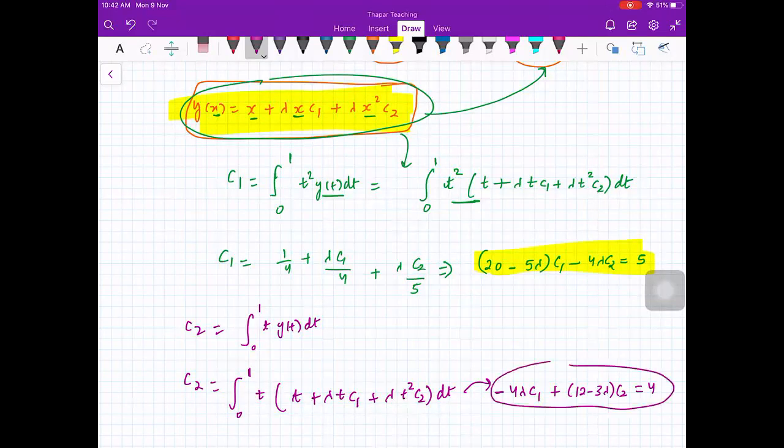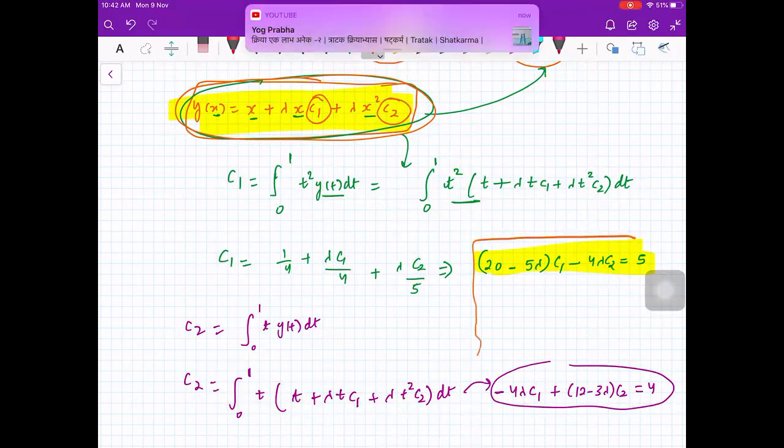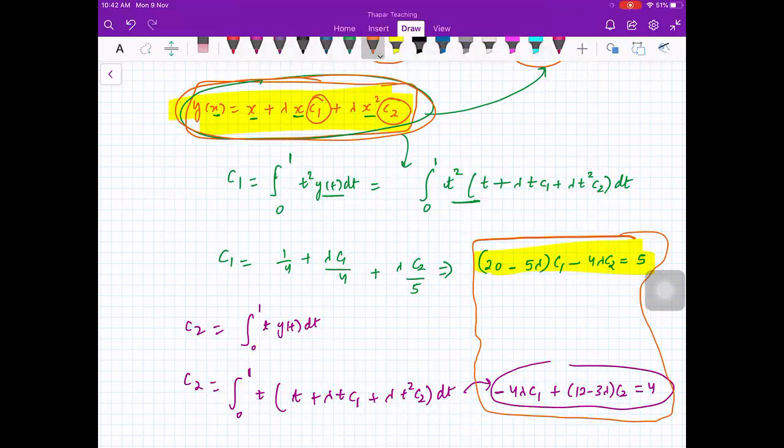You see, already you have obtained your solution here. You just need to compute C1 and C2. So for that, you get a system of linear equations in C1 and C2. And you will solve that system of linear equations and you will get the values of C1 and C2. You can put those values here and you will get your solution. If in the kernel there are three terms, you will have C1, C2, C3. Then you have a 3 cross 3 system here. Is that okay?